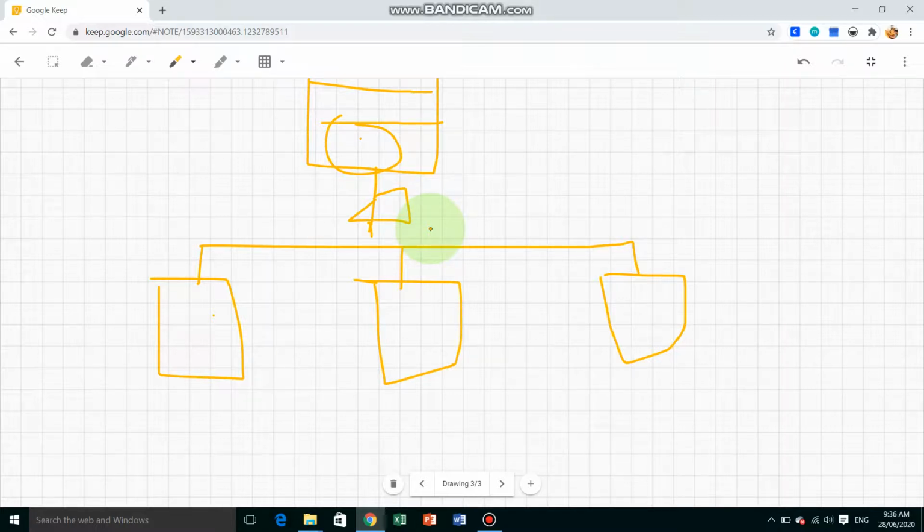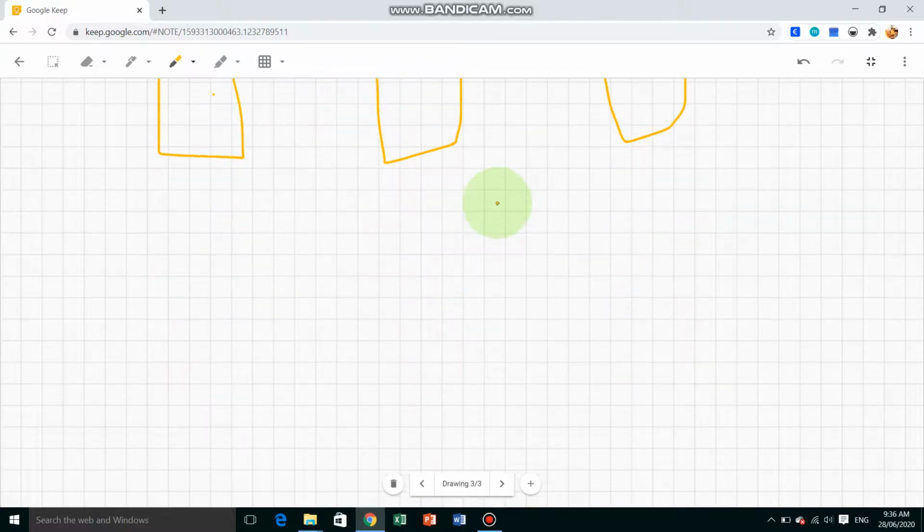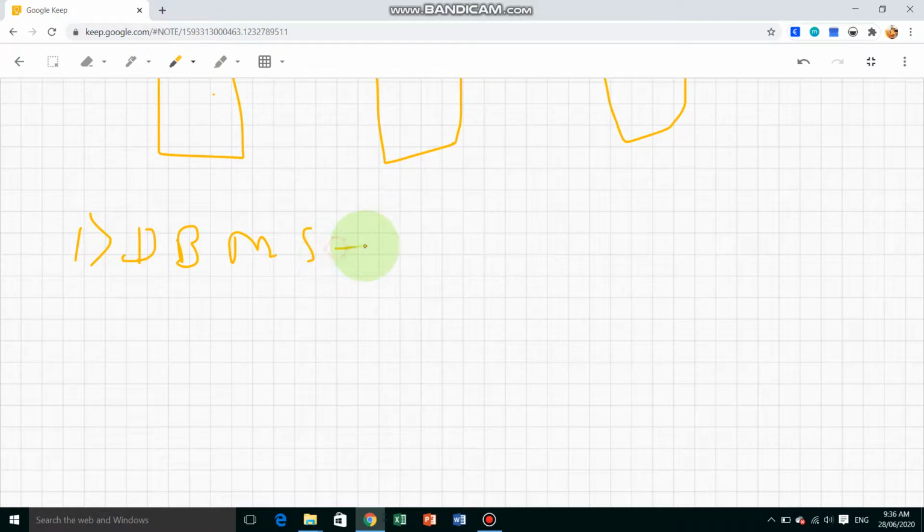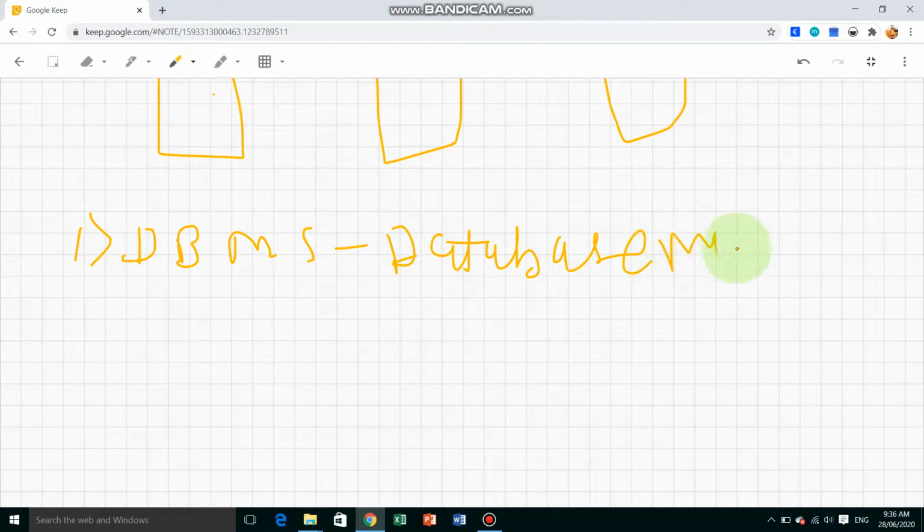So these are all the types of data models. Now we understand the 2 terms. First one is DBMS, a database management system. This name is given in your books, page number 7.